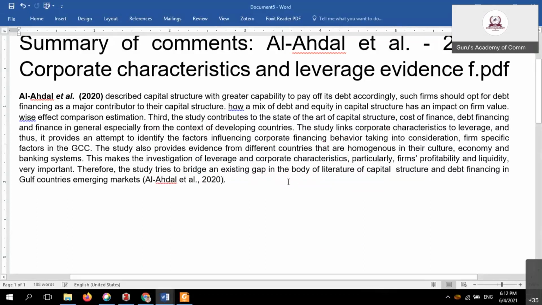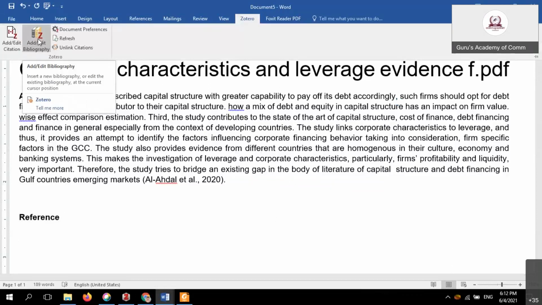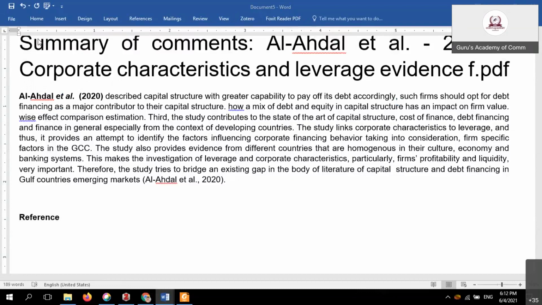Now it is green. Okay, now I give the one reference type aspects, so now go again to Zotero and simply insert bibliography.